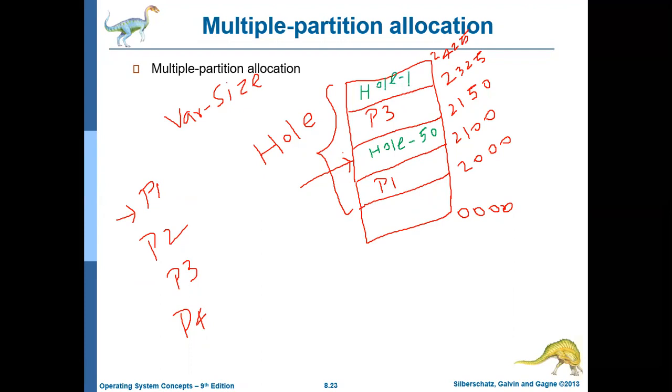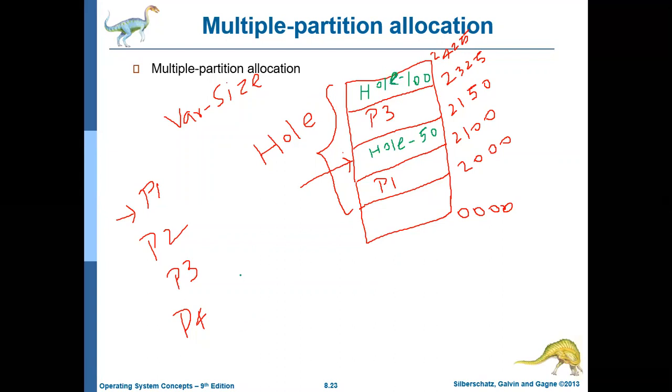Let us assume, for simplicity, that there is no further memory and 2425 is the last location. Memory is over. So there is a hole of size 100 MB.